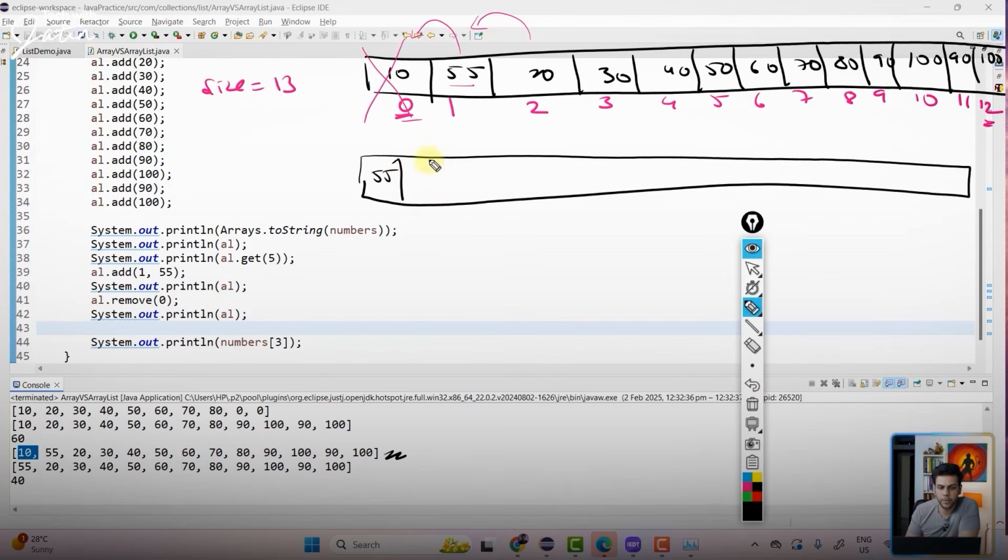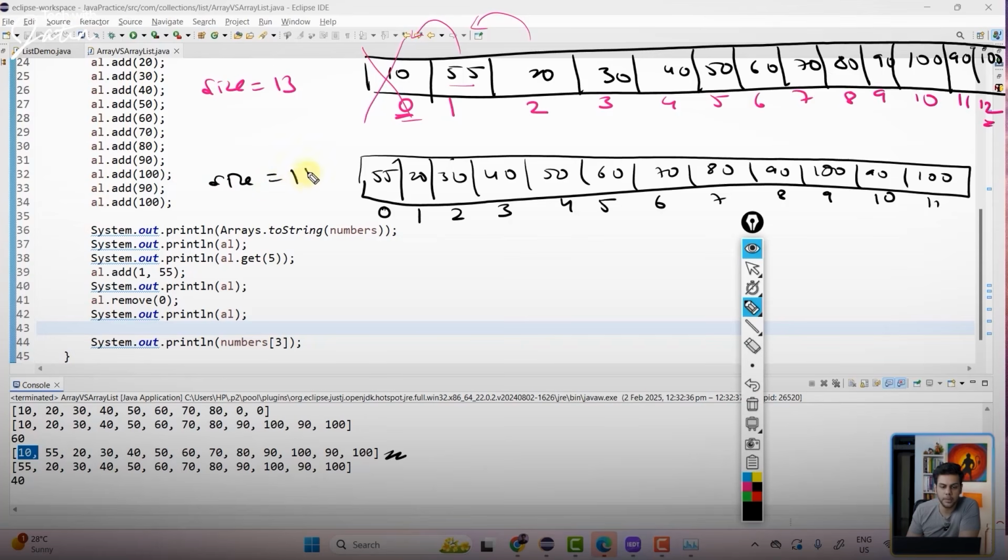You are going to have 55, 20, 30, 40, 50, 60, 70, 80, 90, 100, again 90, again 100. This is going to be 0th index, first, second, third, fourth, fifth, sixth, seventh, 8, 9, 10, 11. Your size of the array list has become 12 because we have removed an element. Positions have been shifted towards the left.